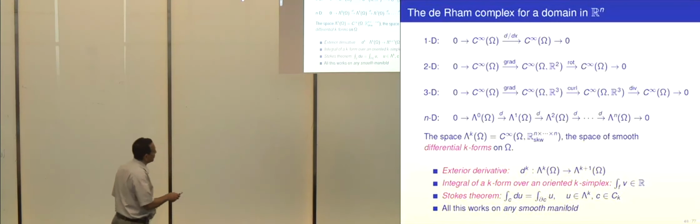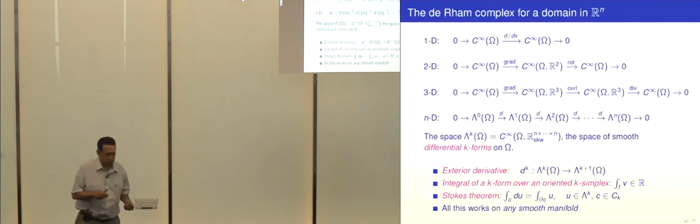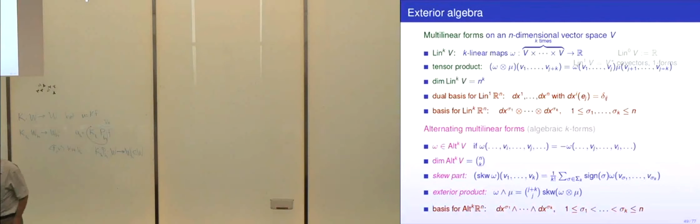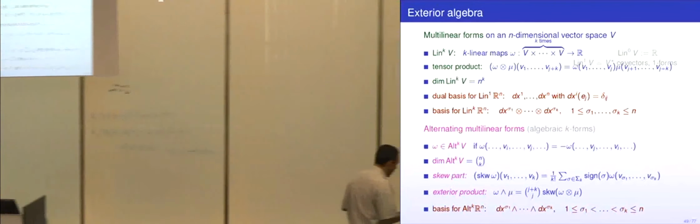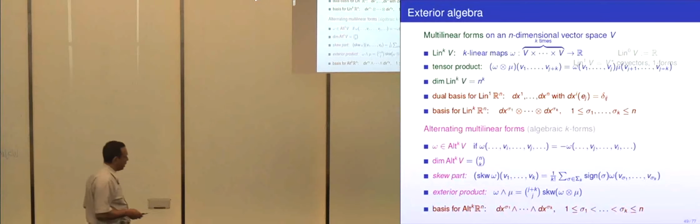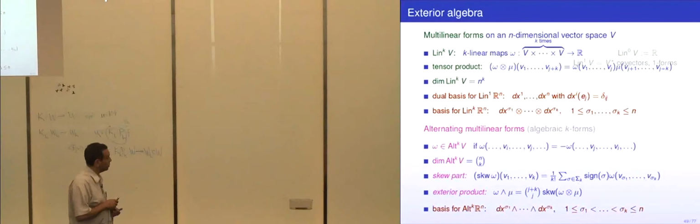And I said this can be done actually on any domain in Rn, or even on any manifold. And what's more, when you do it, you get a nice uniform definition for d, and the things you get out have the property that the k-forms are integrable over k-dimensional simplices, and you get a Stokes theorem and so forth. So now I want to actually do that. This is way back from Henri Cartan, the exterior calculus. Exterior calculus starts with some ideas that are merely algebraic. So it's linear algebra, finite dimensional linear algebra, and then you add some calculus, differential derivatives and integrals on top of it. So let me start with the algebraic part.